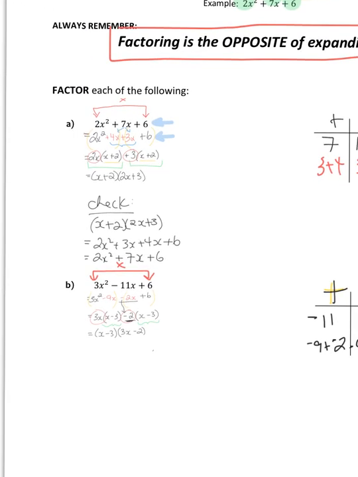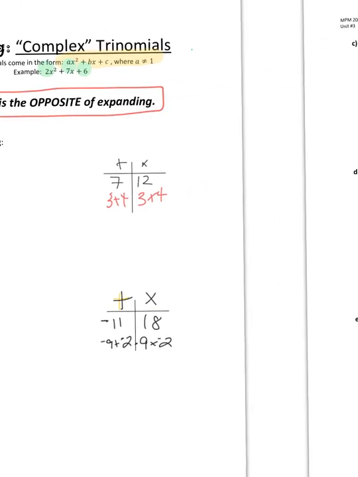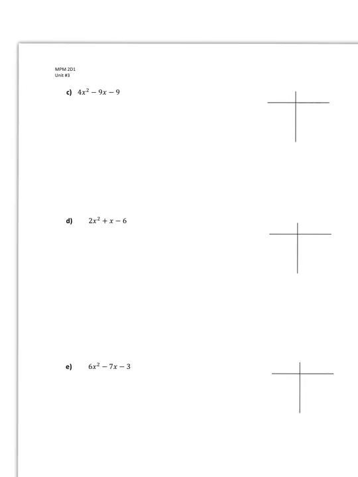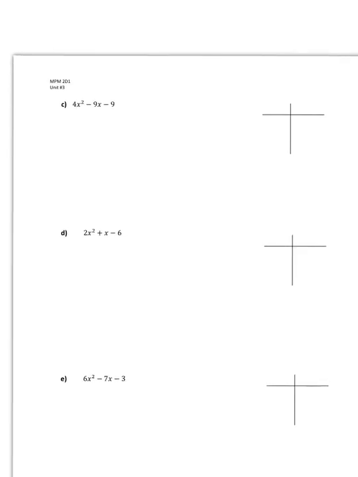Okay, going to letter C. So that should be over here. Okay, so let's check this one out. We need to add to negative 9 from the middle, and I'm going to multiply to what I get from my bridge. So positive 4 in the front times negative 9 in the back, and that's going to give negative 36. So we need to think of two numbers that multiply to negative 36, but add up to negative